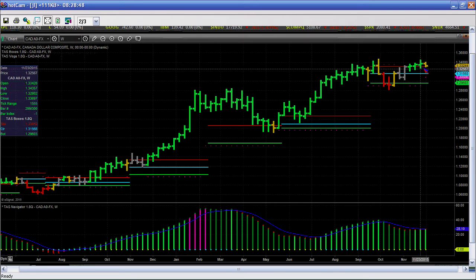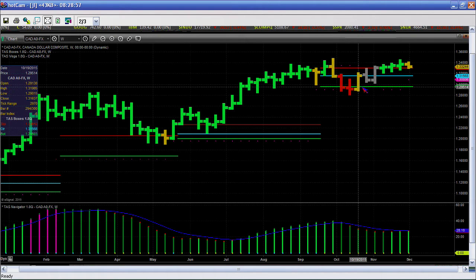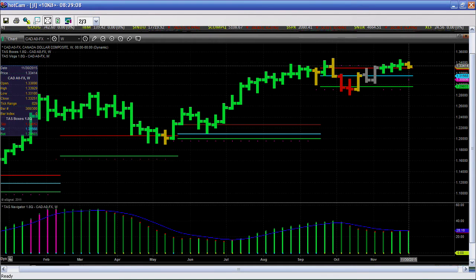If we get any pullback in the dollar, we're sitting kind of at the precipice here on the Canadian dollar. I've been bullish as heck. Anytime we get pullbacks in the support areas, within the last 2 weeks, we got into that 129.60. That was just a gift to get back to that support area. Right now, it looks like we're going to have a new profile appear here. We're trading above price action, yellow bar. That's usually indicative on a weekly of a new profile.